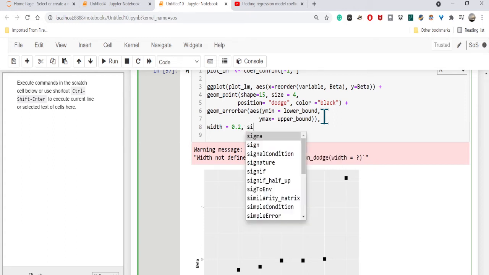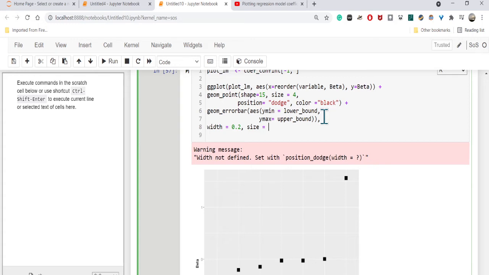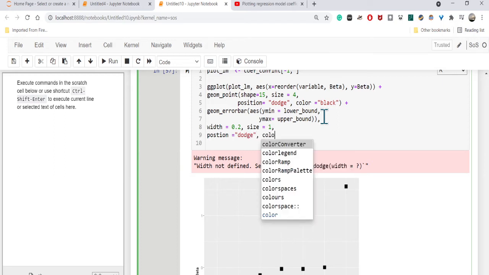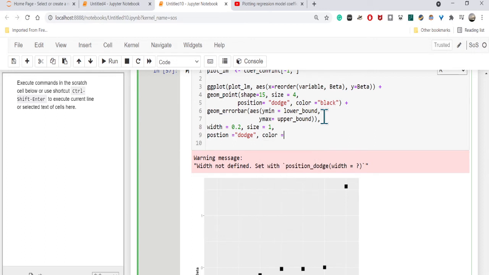I think that's also size, but you can also have a look at how they are defined in the sjPlot function. Then position, let me again call that dodge. That's the dodge thing. And the other one is the color. Color equals